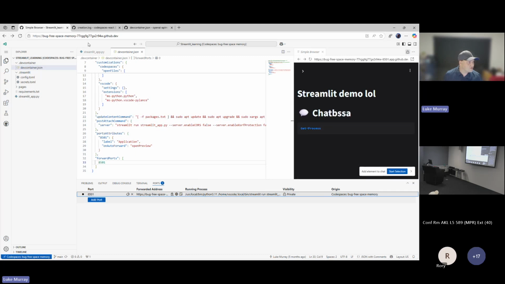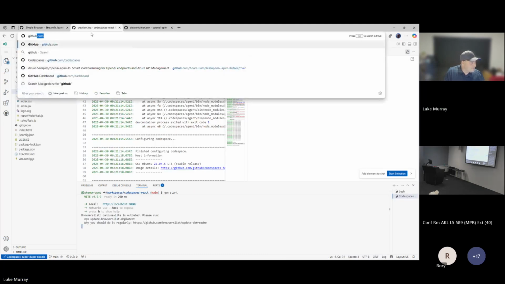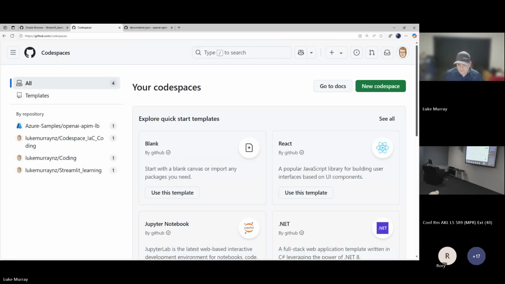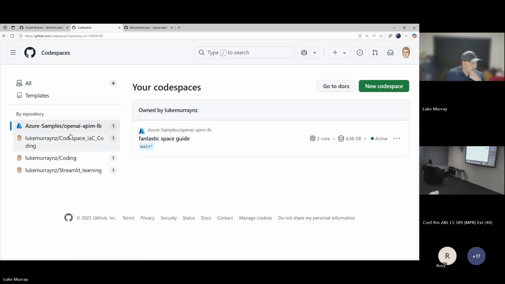So if I go back to my other one, one of the things I wanted to show you as well is, as a user, if you wanted something configured, so you wanted environment variables or you wanted the UI set a certain way. So if I go into my IAC